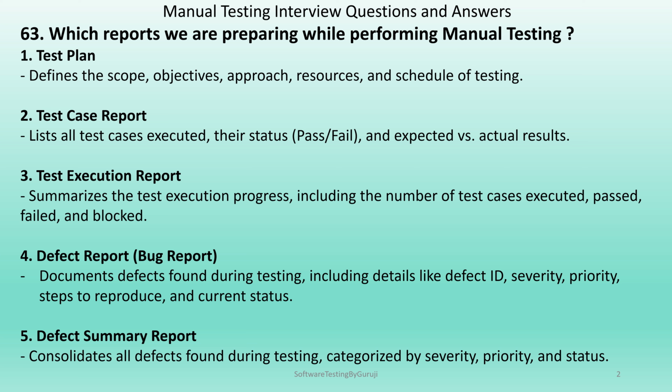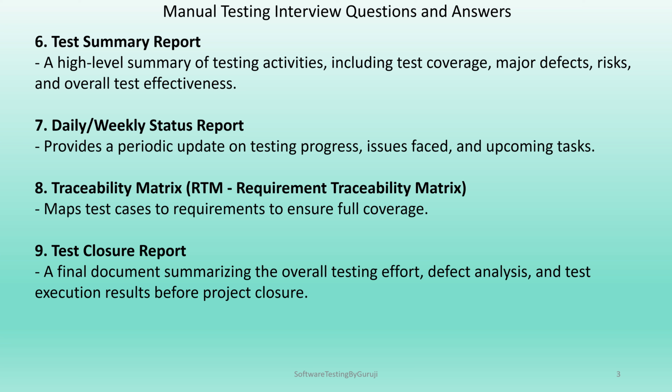Fourth, defect report or a bug report. Documents defects found during testing, including details like defect ID, severity, priority, steps to reproduce, and current status. Fifth is defect summary report. Consolidates all defects found during testing, categorized by severity, priority, and status. Next is test summary report, a high-level summary of testing activities, including test coverage, major defects, risks, and overall